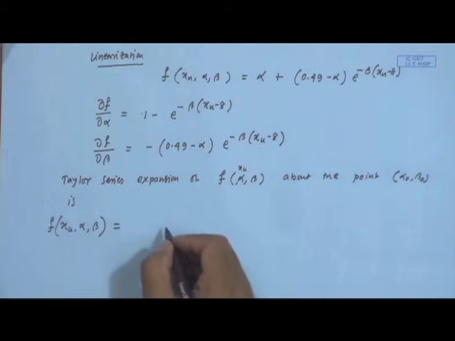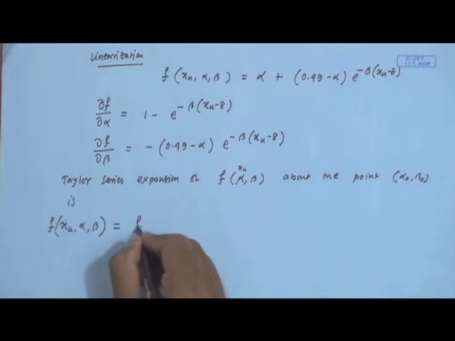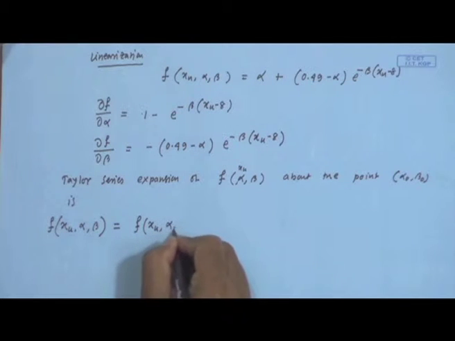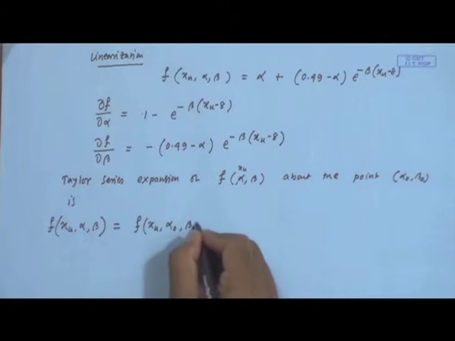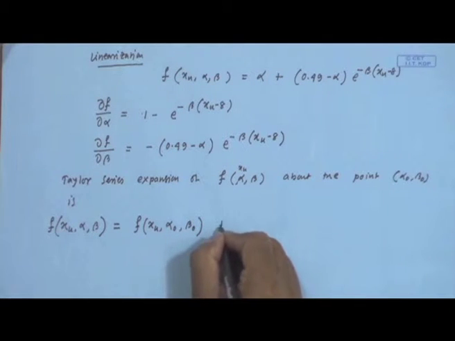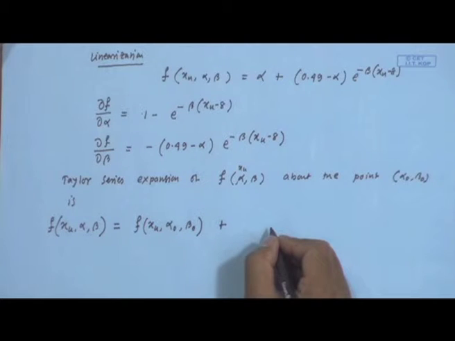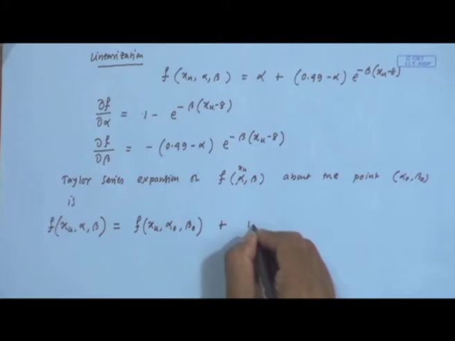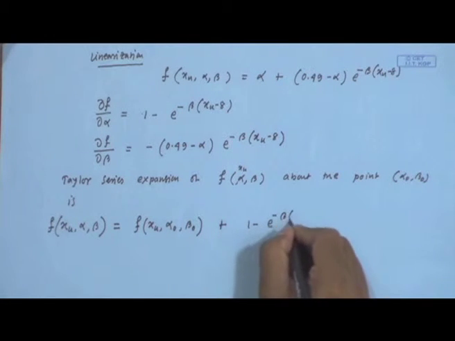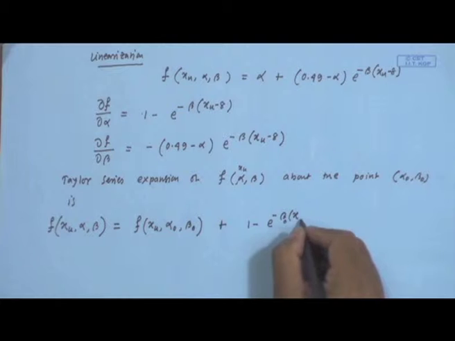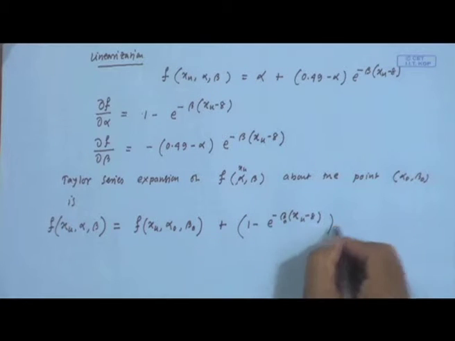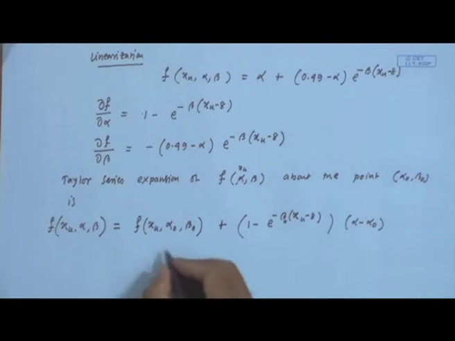This is equal to f(x_u, alpha naught, beta naught) plus df d alpha at the point alpha naught, beta naught, that is 1 minus e to the power of minus beta naught x_u minus 8, into alpha minus alpha naught